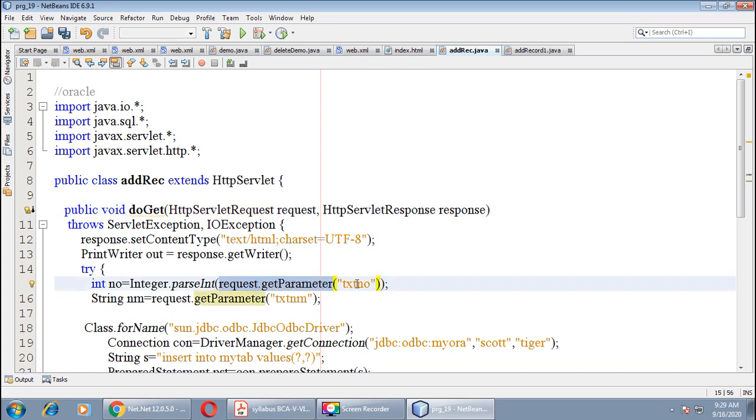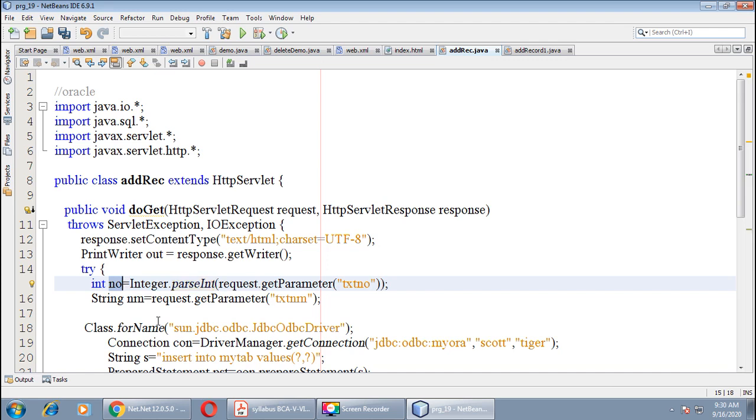Inside the bracket we will pass the name of text box, and this method will return the value which we have entered in this text box to the variable no. This is in string format, so first of all we have to parse that value into its equal integer value. So the method Integer.parseInt is taken. This will convert the string value to integer number and stored into number.